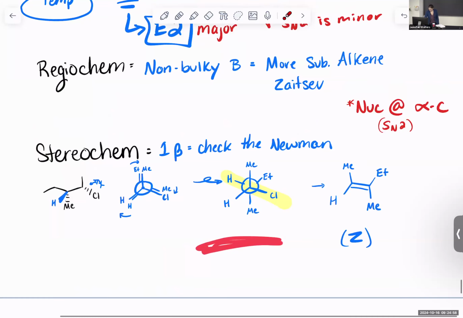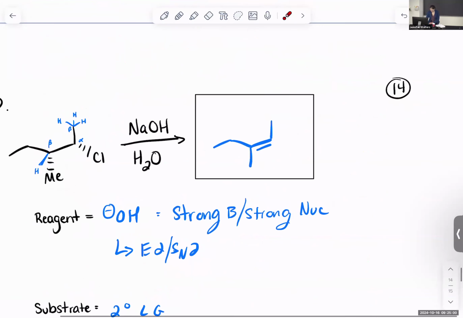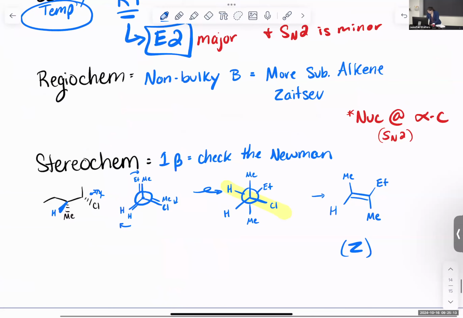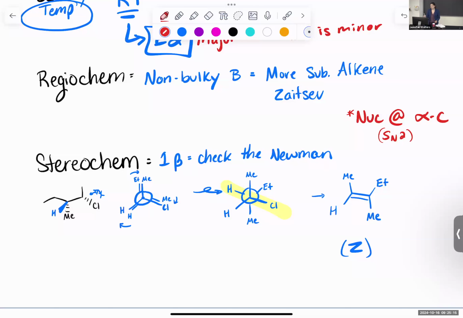All right, so that is our major product for the E2 reaction. What does your minor SN2 product look like? Well, we did our regiochemistry consideration. We did not finish the stereochemistry. So for SN2, we had said that it was that backside attack. So we get inversion